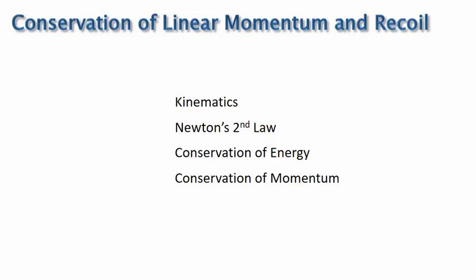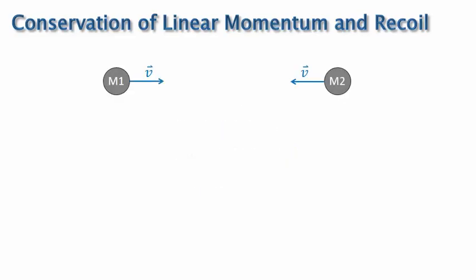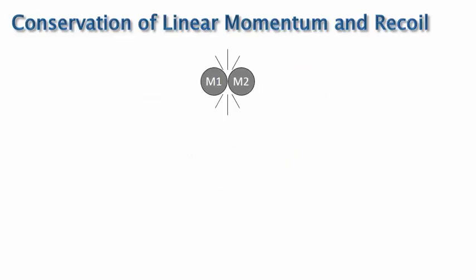We'll discuss angular momentum and the conservation of angular momentum in a later video. So let's start by deriving the conservation of linear momentum equation. Consider a system of 2 objects that are moving toward each other and then collide. When they collide, they apply a force to each other. Per Newton's third law, these 2 forces must be equal in magnitude and opposite in direction, so F1 equals negative